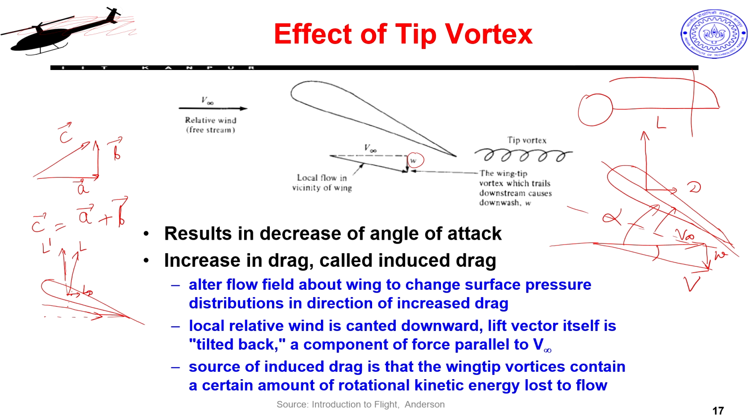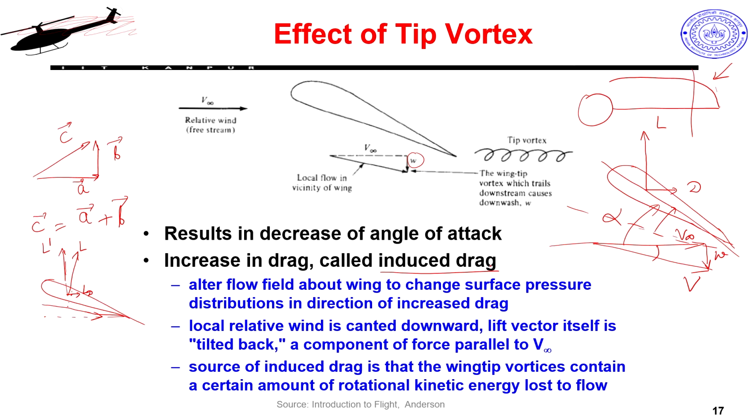So, you are getting my point. Basically this induced velocity is doing two things. One is it is decreasing the angle of attack near the tip, which I can see in this picture, right. My lift near the tip is going to come down. And second thing it is doing is that it is tilting my lift vector backwards, and as a consequence you are now incurring some additional drag because of the lift. So, this we can call lift induced drag, or simply induced drag.